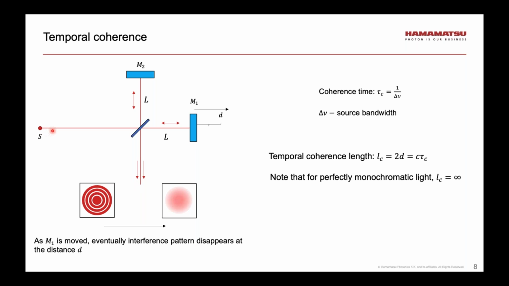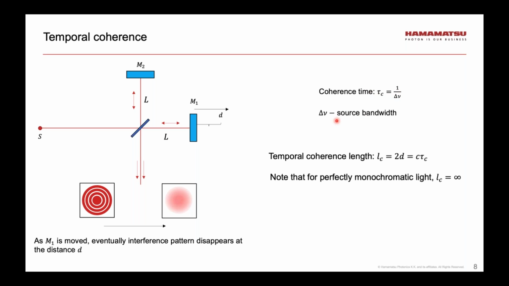If the source of light is perfectly monochromatic, as I move the mirror, I'm going to go through minima, maxima for any distance d. However, if the light is not monochromatic, if there is a finite coherence time and thus finite coherence length, then after moving the mirror by a certain distance, the interference pattern is going to disappear. One can show that the coherence time or coherence length is inversely proportional to the bandwidth of